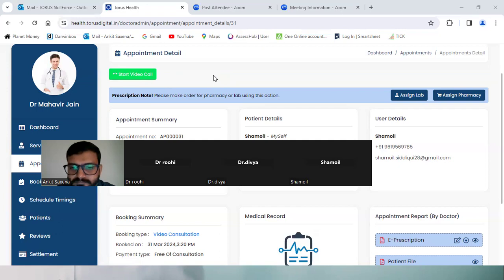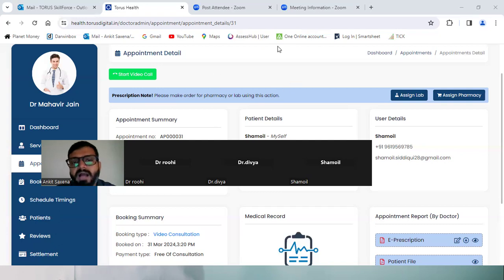So how do we upload it then? If it's a home visit or a clinic visit, the patient is in front of me. So parallelly, will we fill the e-prescription, or do I just complete the consultation? If you complete the consultation, afterwards you can also upload the e-prescription, Dr. Divya, just to show that we have finished the consultation?